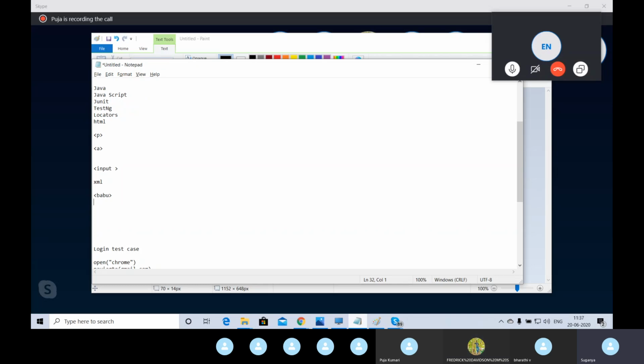The second one is how we pass the test data for our automation. As of now, in the traditional way, we pass it from an Excel sheet, correct? But in some offices, they don't have Microsoft Excel. In that case, instead of depending on the Excel file, we can pass the data through an XML, which will quickly load and get into the automation script. So we can also pass the test data from XML.